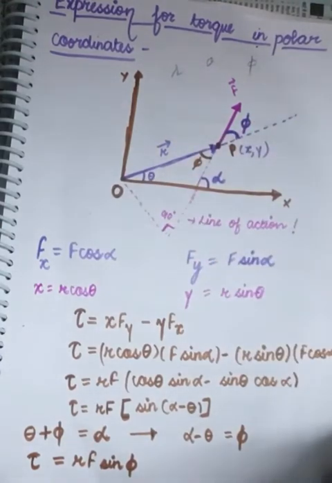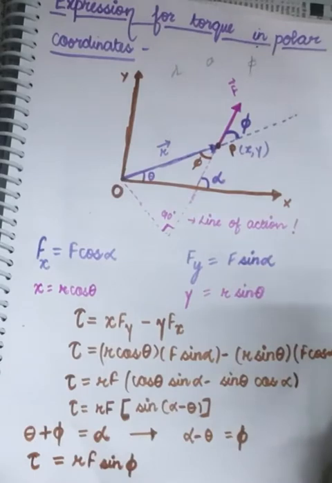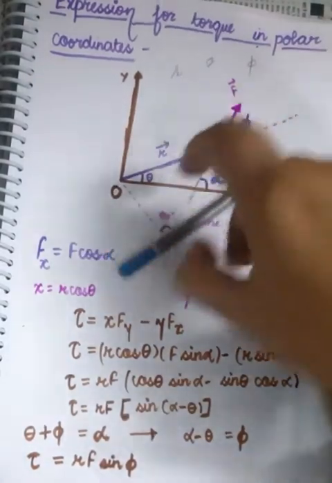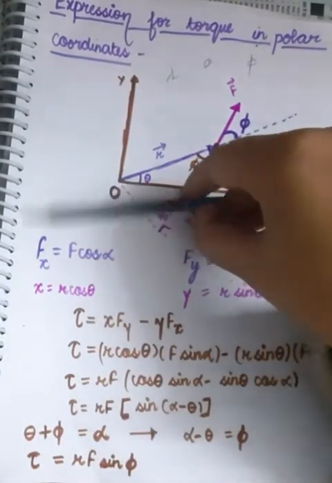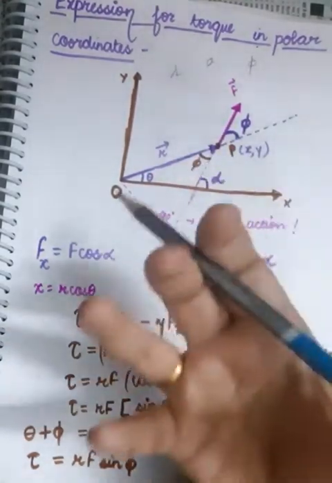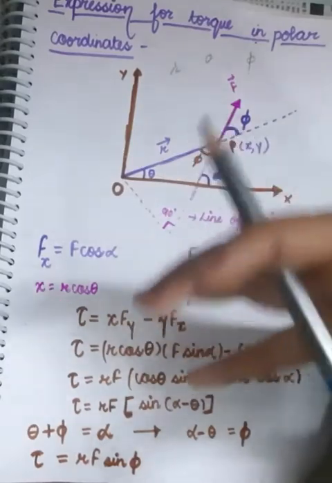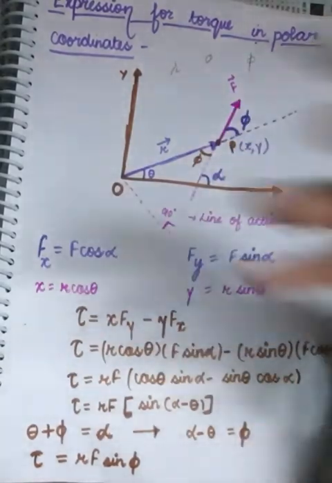But when the quantities under consideration are related to rotational motion, then it's better to convert all the results in polar coordinates, because when the objects are rotating, the quantities involved have a dependence on the angle. Since something is rotating, its angle is getting changed. So instead of having line segments called XYZ, we should include angles when we are discussing rotational motion. So I repeat, there are two